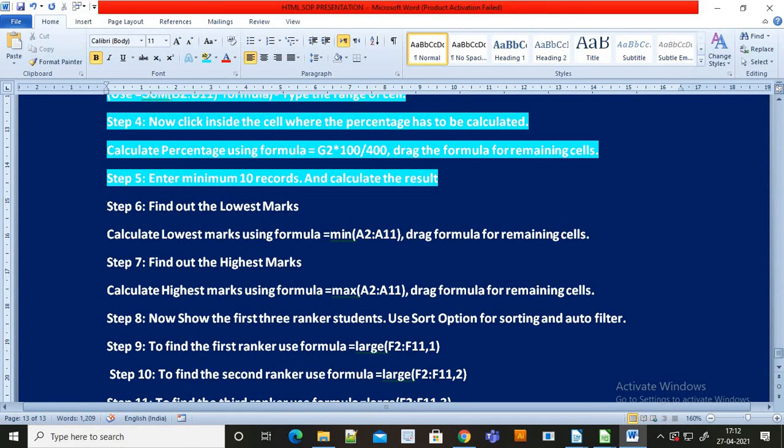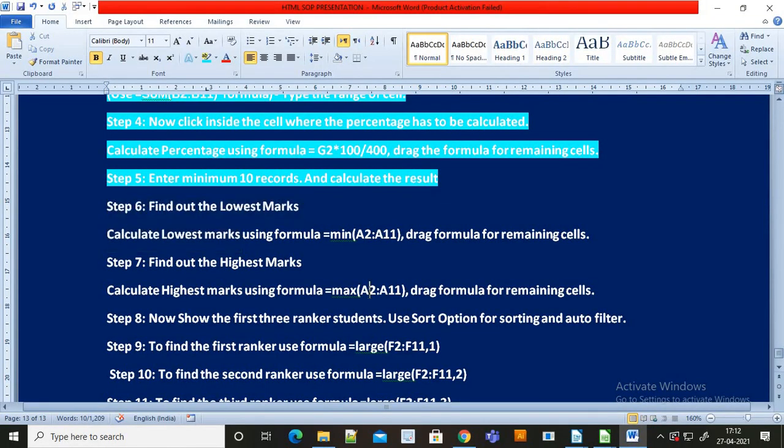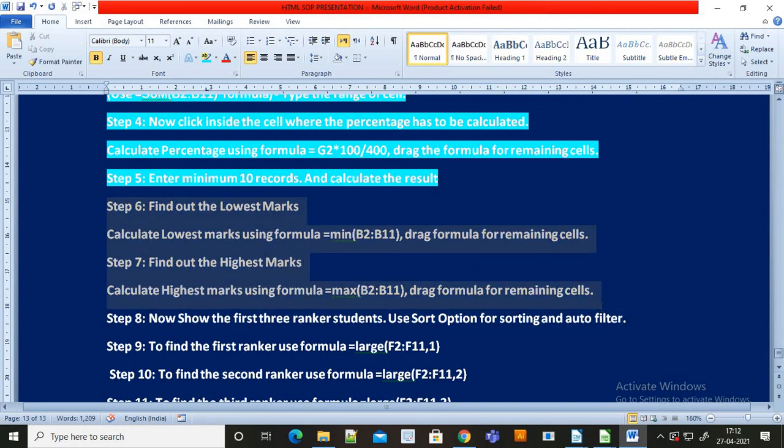Then I have to find out the lowest marks. I used the MIN formula, here my B2 colon B11 was there. Everywhere B2 colon B11. So I have calculated the highest marks and the lowest marks also.